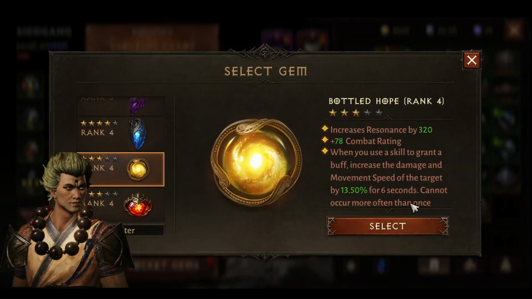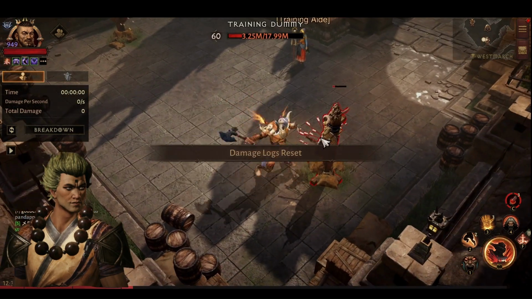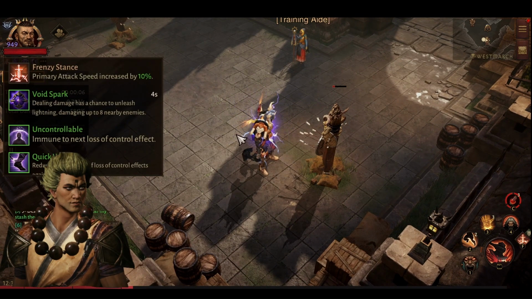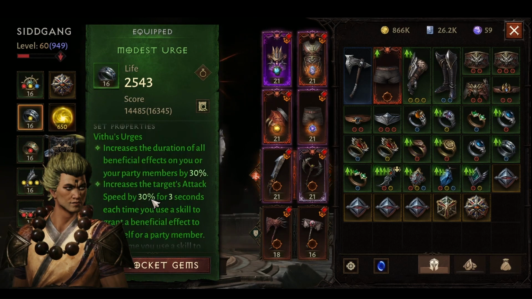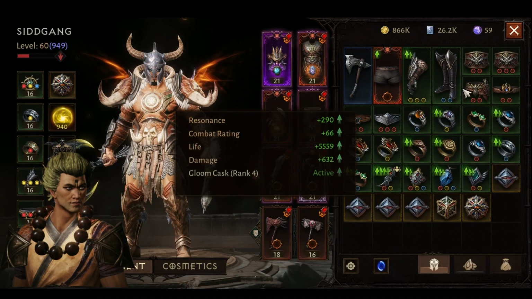If I put on my bottled hope and test this again, I'm going to hit this, and you can see my V2s is active but my bottled hope is not procced because of this void spark gem, which is pretty weird to me. Whenever V2s is procced, obviously bottled hope is procced, but this is not happening. However, if I remove this void spark and place my gloom,